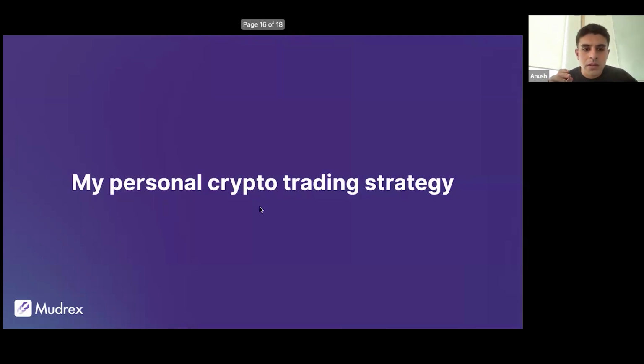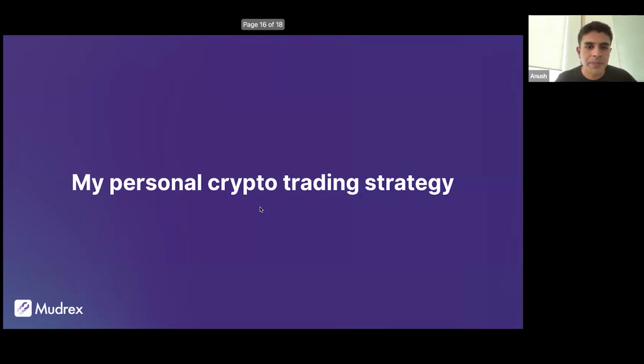Now, when it comes to which assets I trade, I like to keep it simple. And I'm only talking about futures trading here. I do have a long-term portfolio as well. But when it comes to futures trading, I mostly stick to the big players like Bitcoin, Ethereum, and Solana. These usually have high liquidity and much better volume, which makes them ideal for futures trading. Plus, they also tend to move in a more predictable way compared to smaller altcoins.